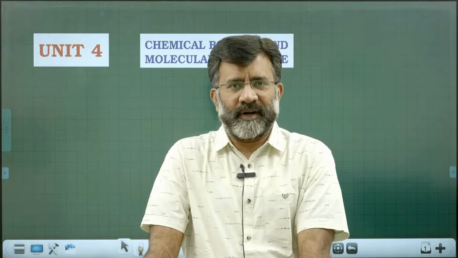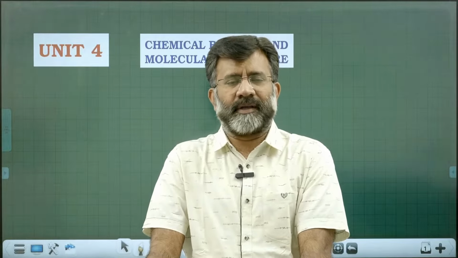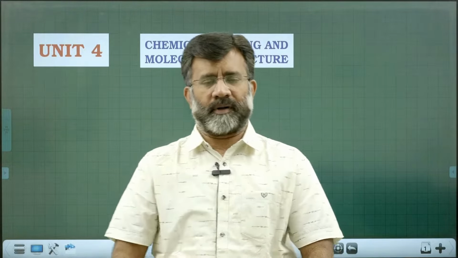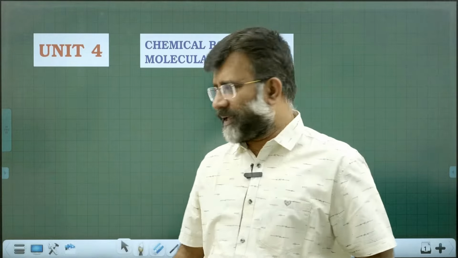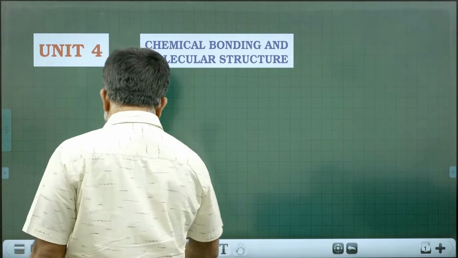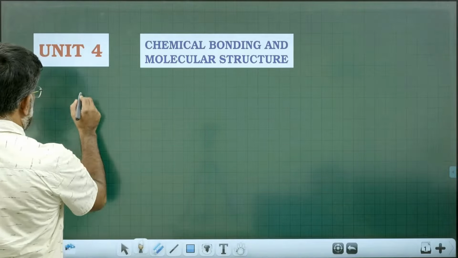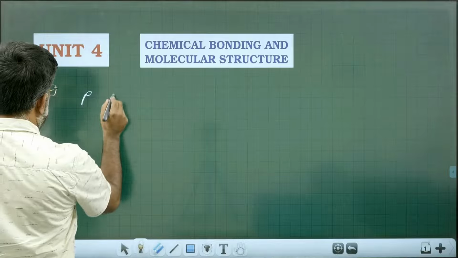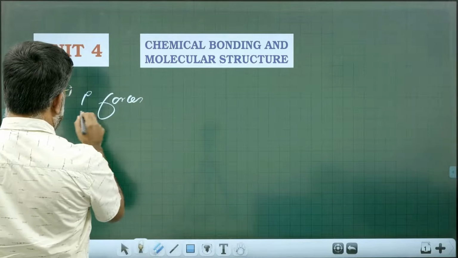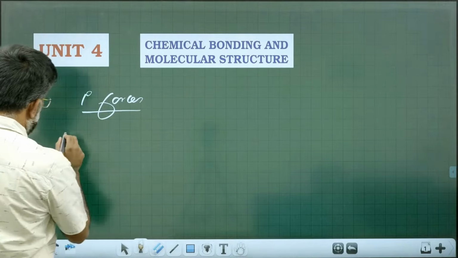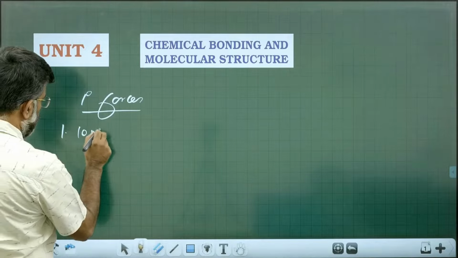See, all of you know what is meant by a chemical bond. A chemical bond means a force of attraction that is holding different species in a given matter. That is called a chemical bond. Chemical bond basically we can categorize into two important segments. One is strong force of attraction. We may call it as primary forces. Primary forces. It is nothing but ionic bond,